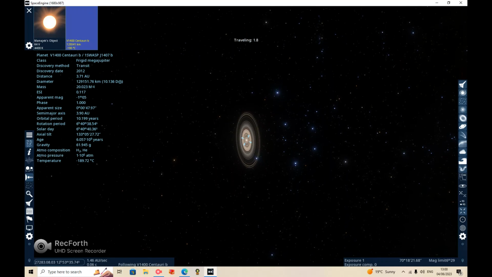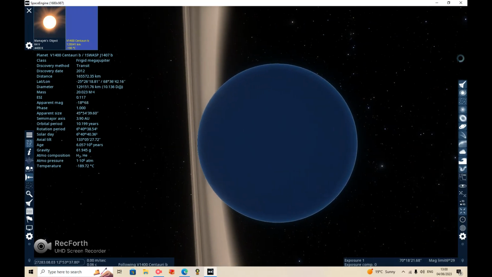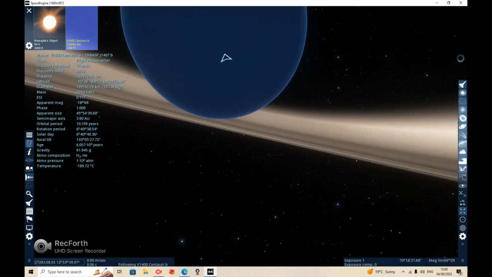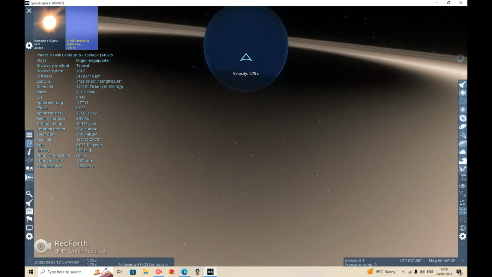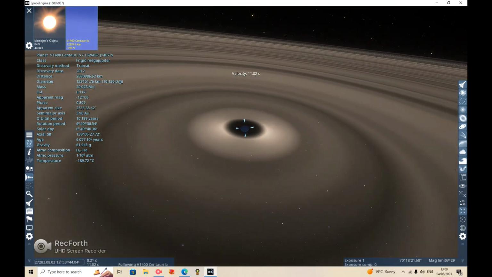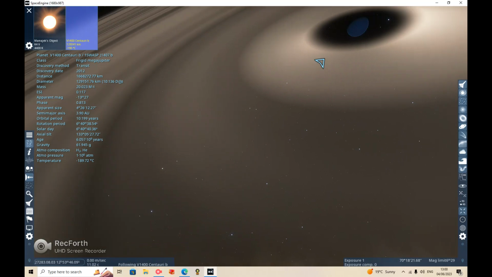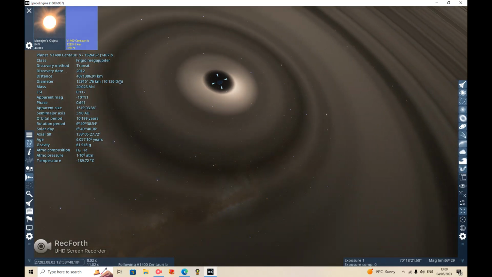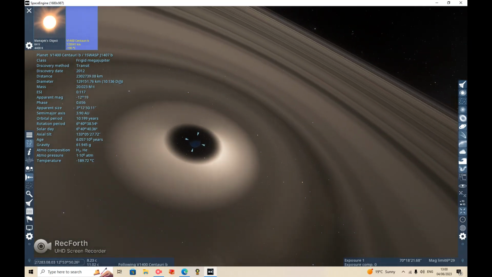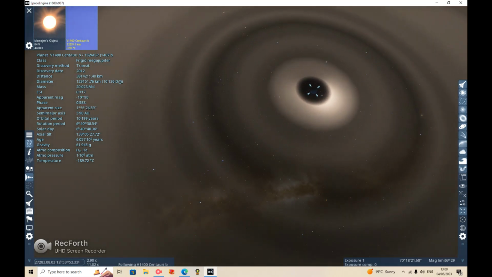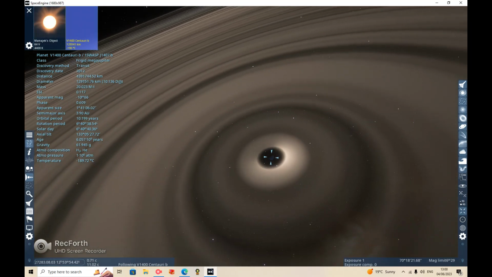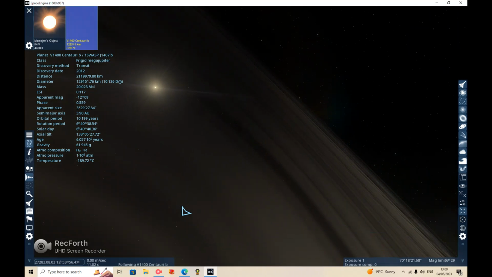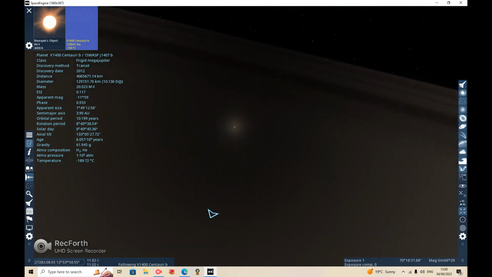The biggest ring planet in the universe known to man. I think it's J1407b. Yeah, I think that's its name.